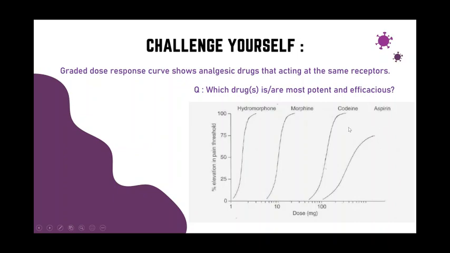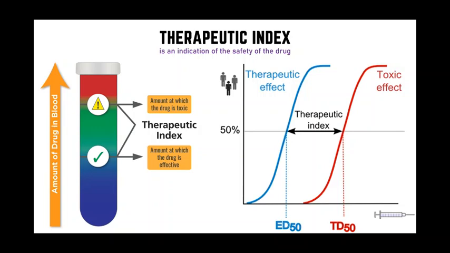So let's continue. The therapeutic index. The therapeutic index is an indication of the safety of the drugs. As you can see in this picture, the therapeutic index is the target range of the dose or concentration of the drug in the blood that we require to produce the pharmacological effects. If the concentration of the drug in the blood is too little, it will produce a suboptimal effect. But if too high, which is more than Emax in the drug response curve, it will produce toxicity to these